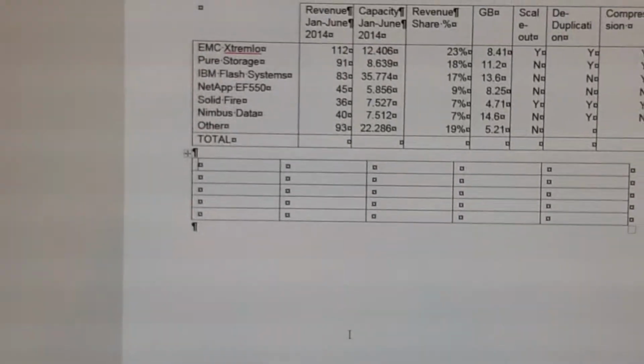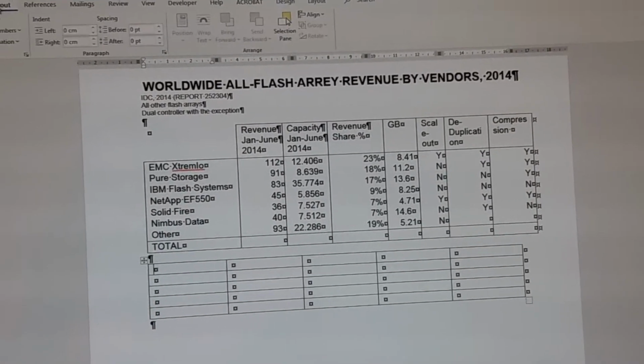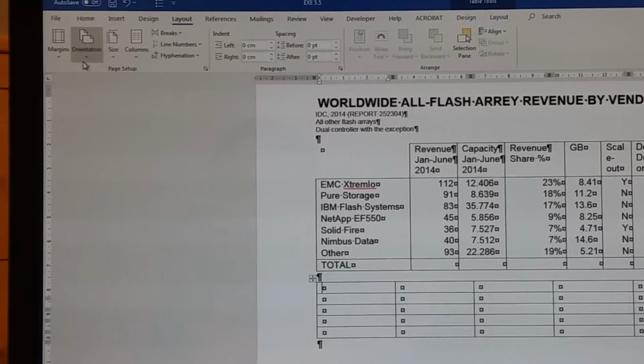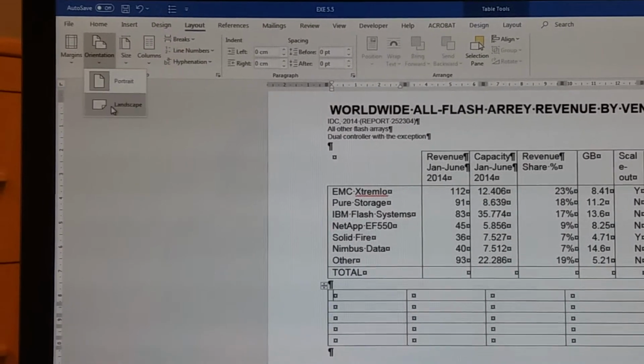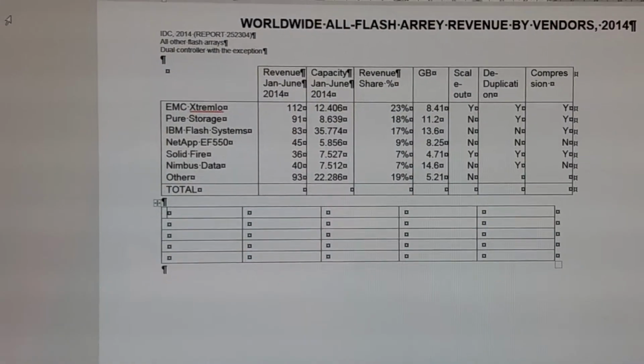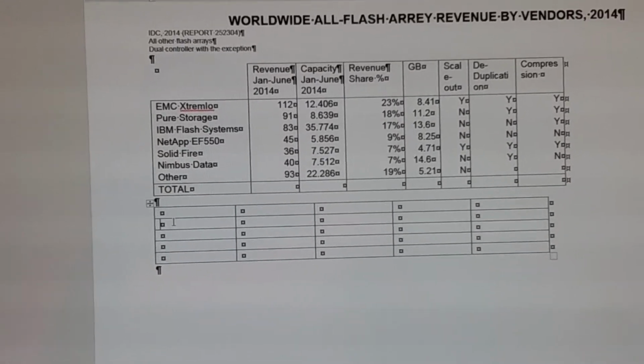The other thing, firstly, before you insert your table, change the page layout to landscape. That is very important before you insert the table. In this case, it is in landscape. And then from there,